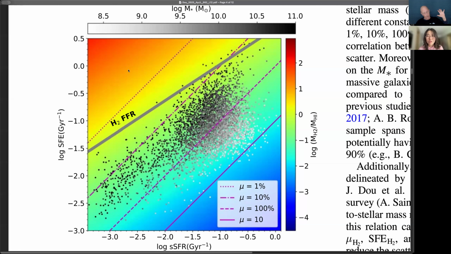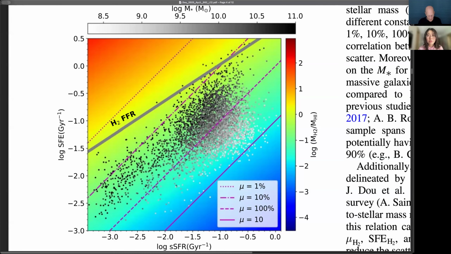And I think this figure basically tells us that the H2 to H1 ratio is correlated with the galaxy properties, especially the stellar mass and the specific star formation rate. So, what is the role of the dark matter halo? This is the main question we want to ask in this paper. So, thanks to the improved halo mass estimation in